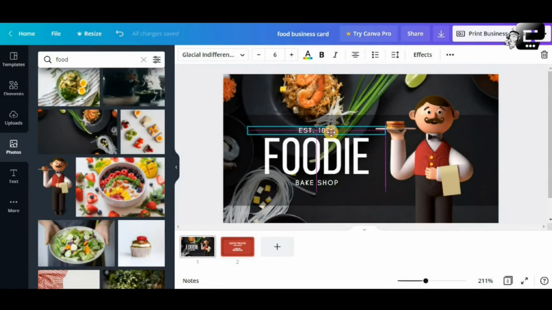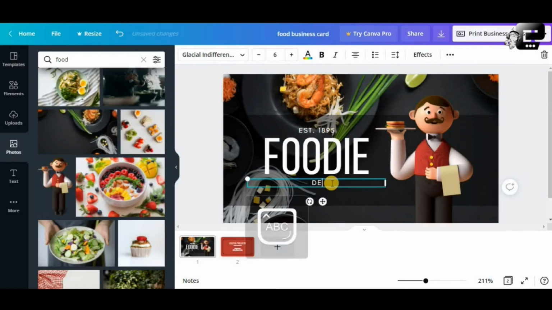There you go. So you can see the purple lines appearing. You know that it's horizontally and vertically on the middle of this element here, the foodie text. So you just have to see down the middle. So foodie, you can just stay here. Delivery, click on that font element.